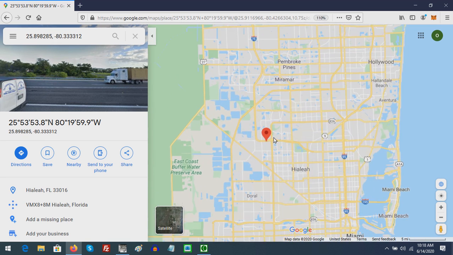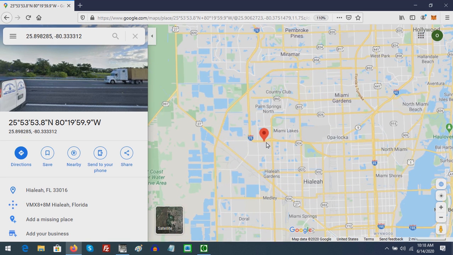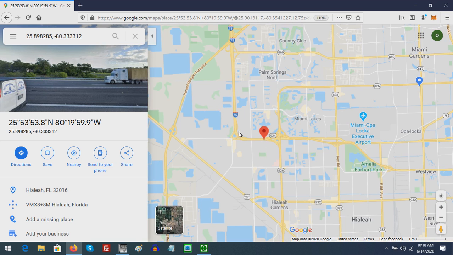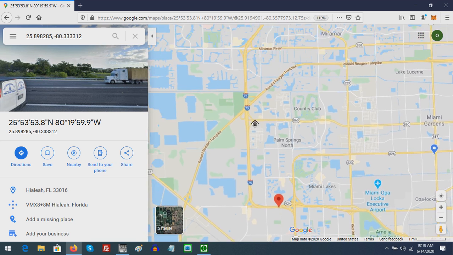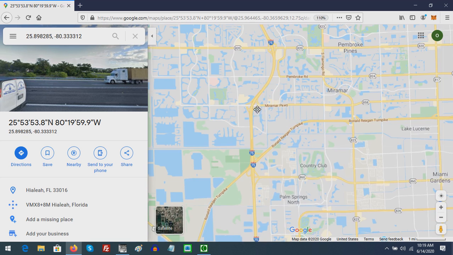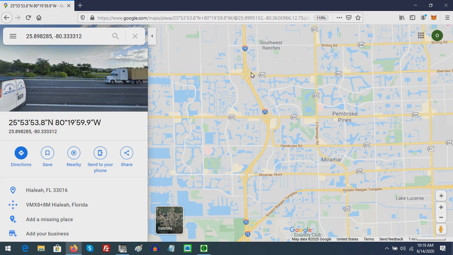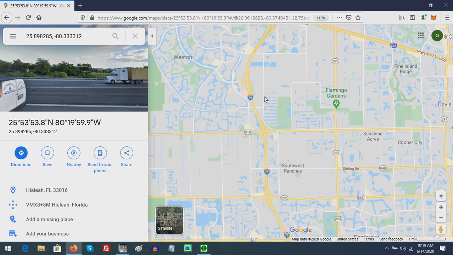And I literally went from this point all the way up I-75, following it, recording the latitude and longitude of all of the bends in the road,